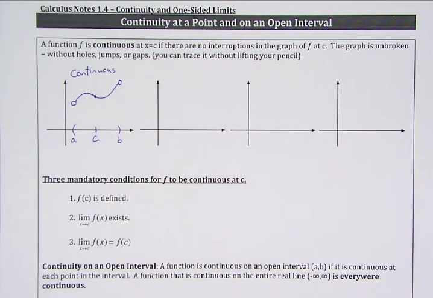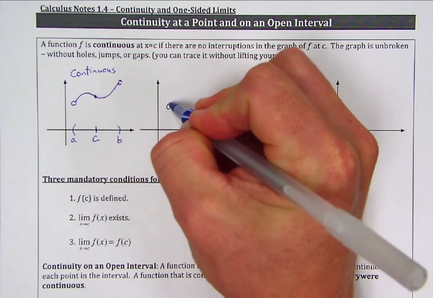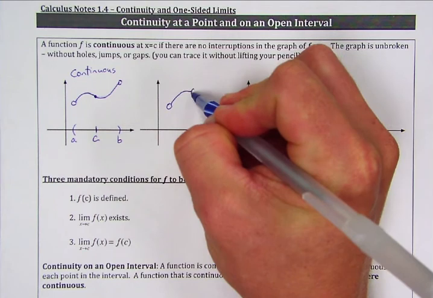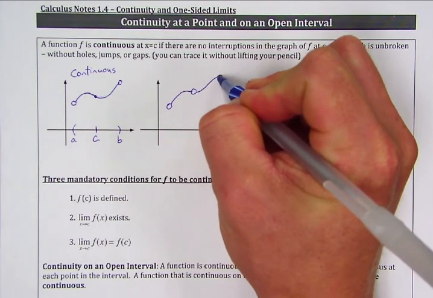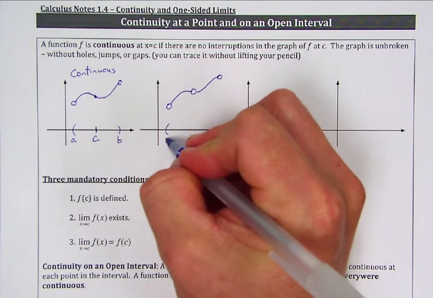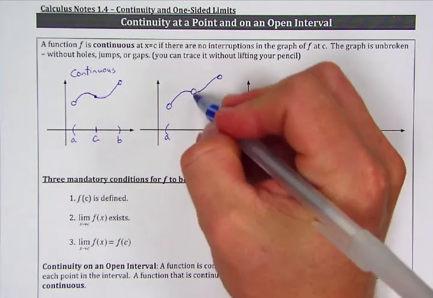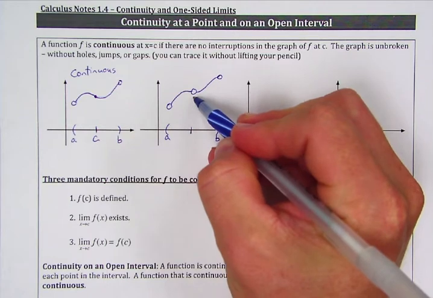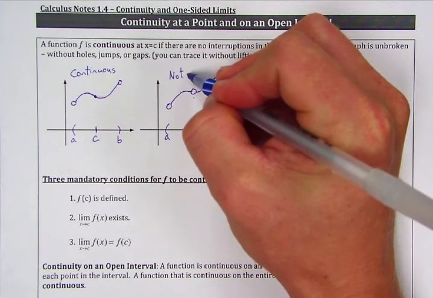I'm going to show you a couple examples now that are not continuous. So here is one way on an interval for it to not be continuous: if there is a hole in our function. You can see right here if x equals c, it is not continuous